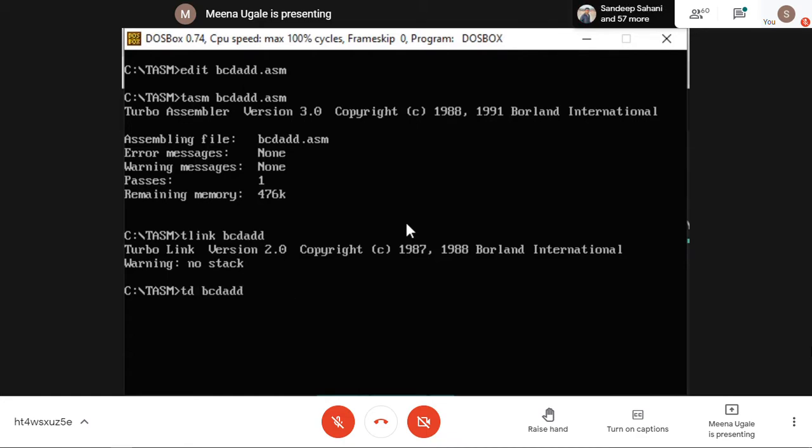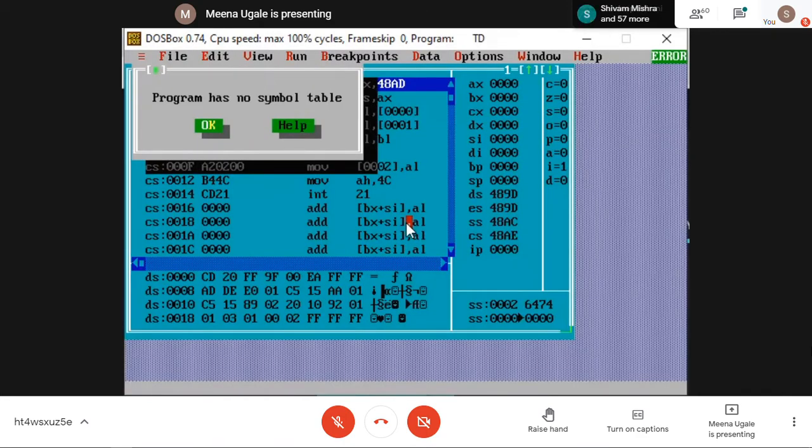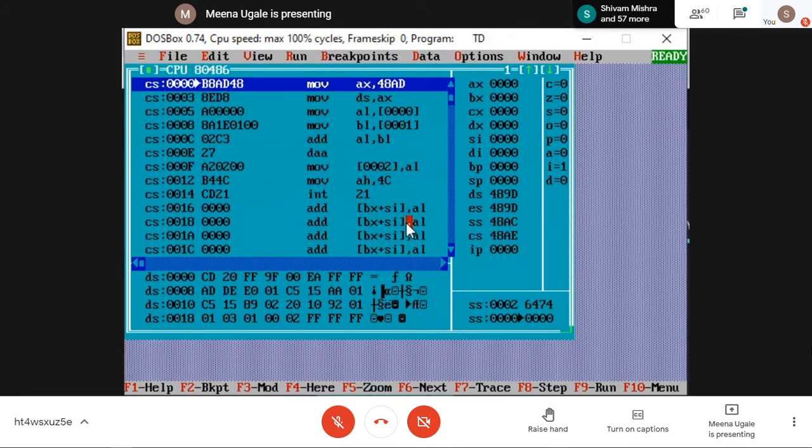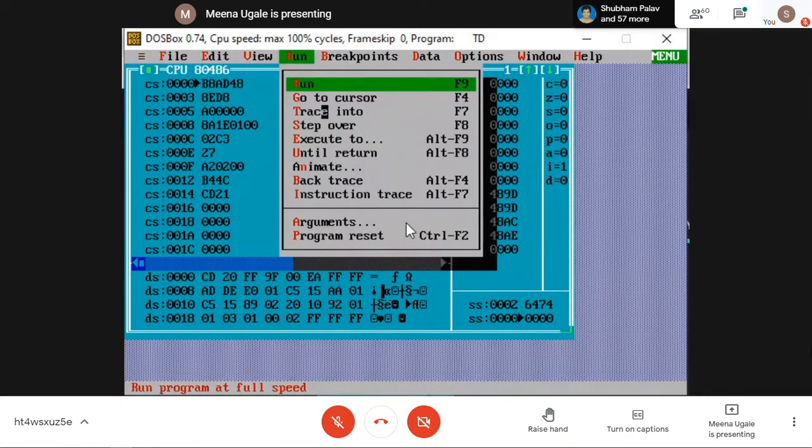T stands for TASM, D for debugging. Write td, the file name, and press enter. It will open your debugger screen. And then you can run your program by pressing the F7 key.